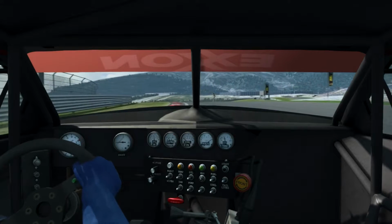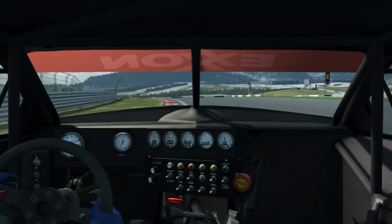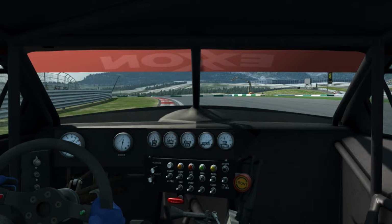Now here's where it gets tricky. As soon as it's a blind corner, you want to be braking now. There's no real reference point, but you should be aiming for the crane, which is directly ahead. That's probably the best reference point. Once your car is in that position, if you hug the apex inside line, as soon as you're aiming for the crane, brake